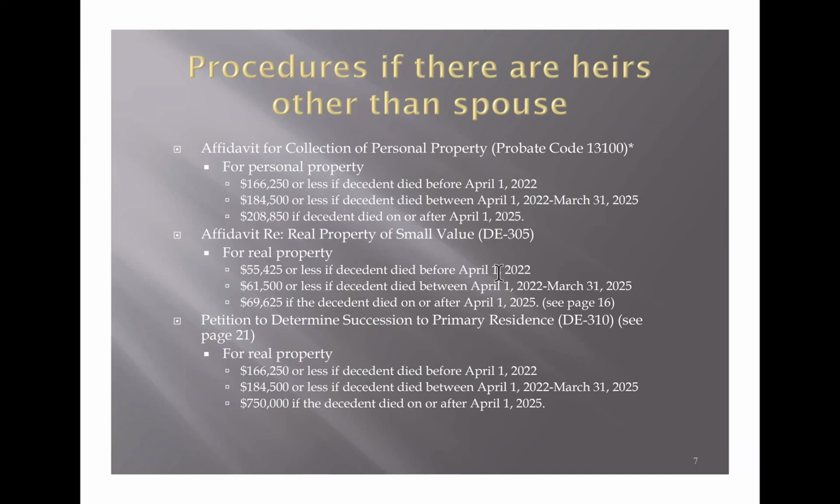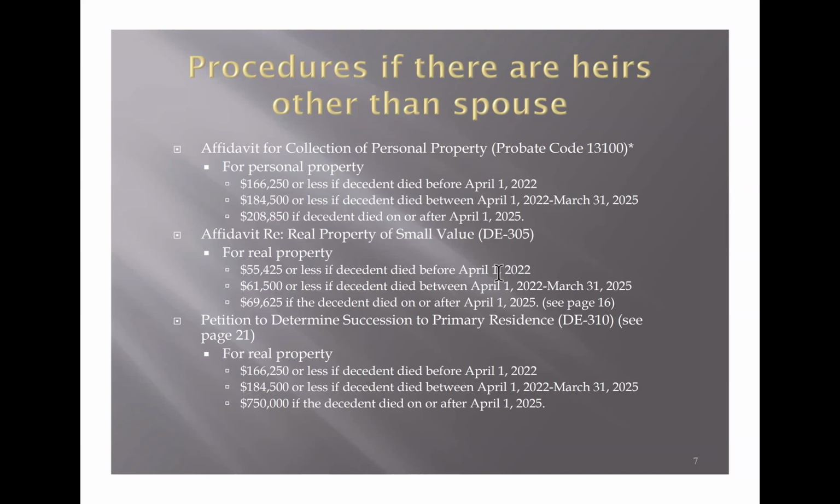Depends when the person died. There's 3 different time periods. If it's before April 1, 2022, the ceiling is $166,250, and then it went up to $184,500 between 2022 and 2025. And if the decedent died after April 1, 2025, it's now